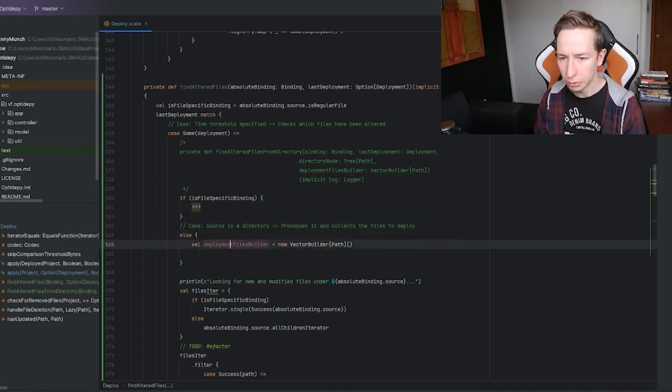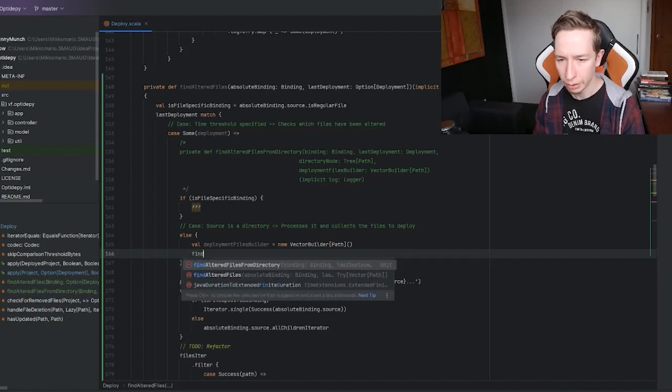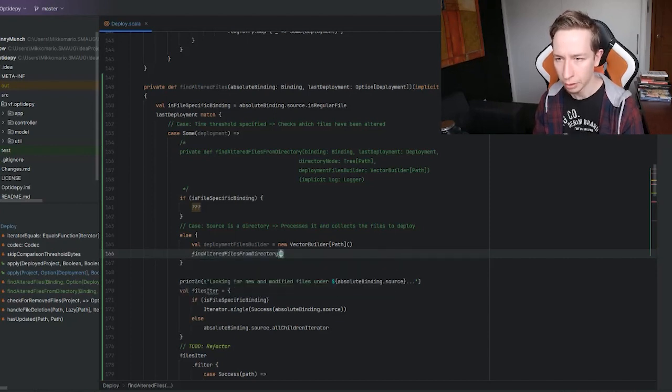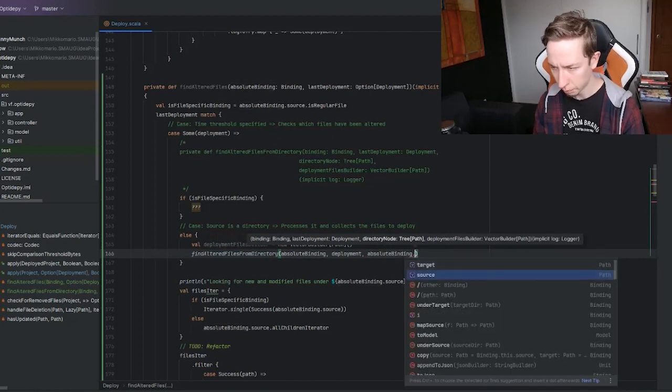Better, more readable. Okay, so now we just call find altered files from directory, absolute binding, and we have the as deployment, just deployment, and then we have the directory, which is the source. So absolute binding source,